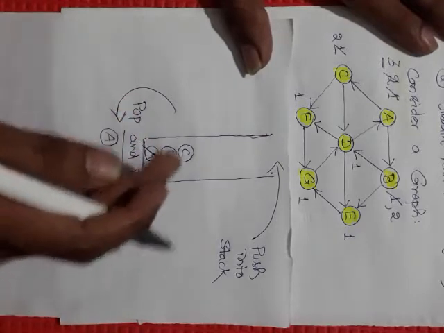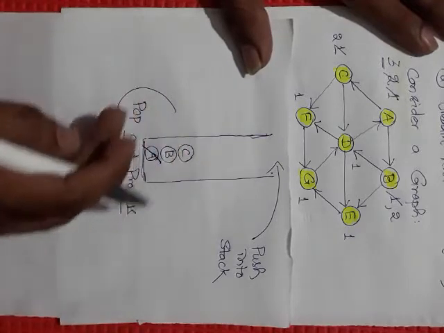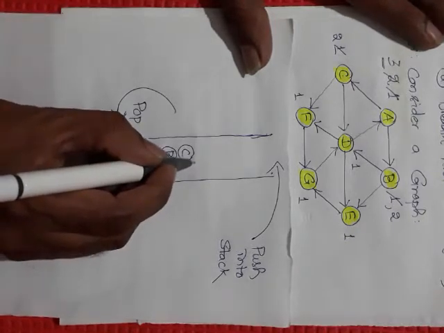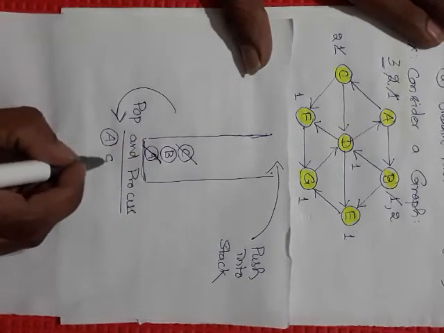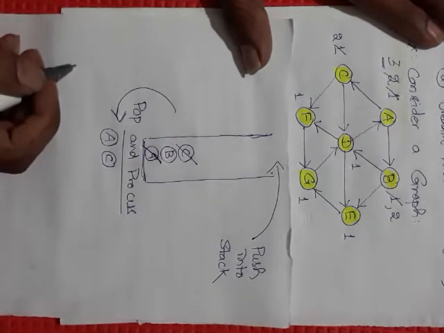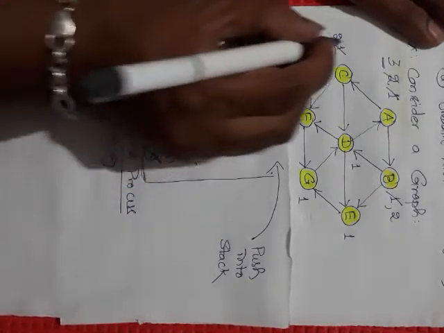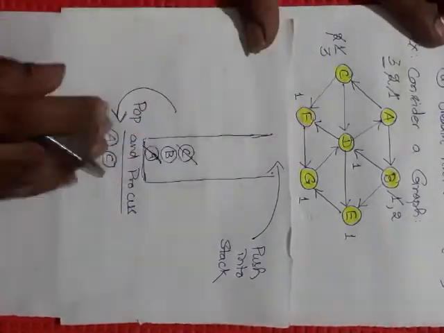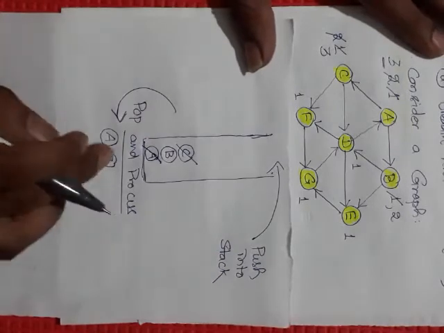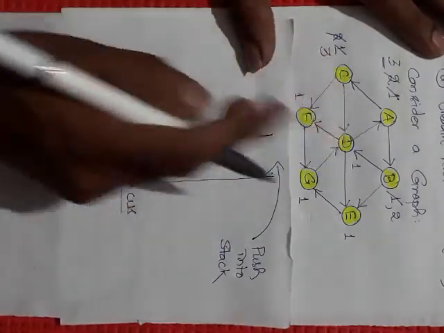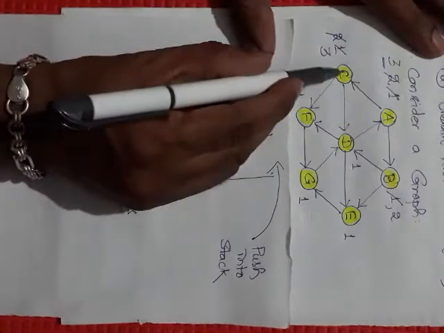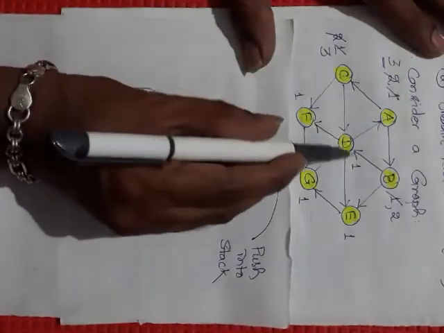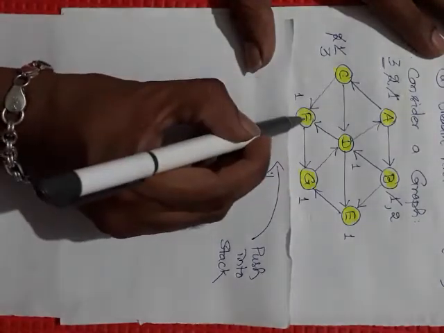While the stack is not empty, we keep repeating. Until the stack is empty, we are repeating. Now take out the topmost node from the stack, that is C, and process it. Once it is processed, change its status to 3, that is processed state. Here let me write processed state. Then for the node which is processed, look at its adjacent nodes. For C, the adjacents are D and F, which are in ready state. D is in ready state, and F is also in ready state.